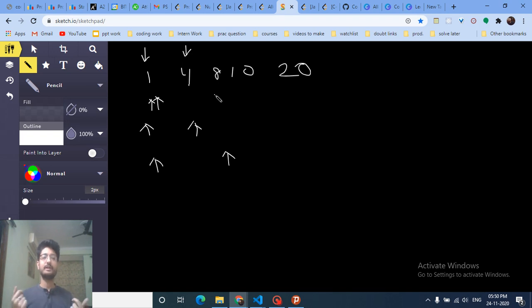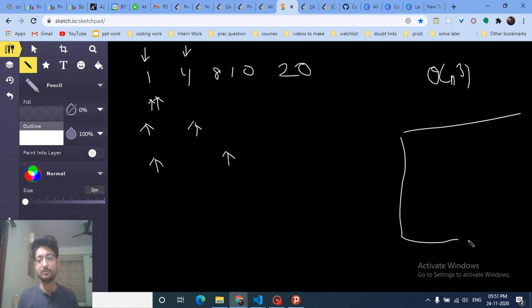Cost means the absolute difference between the mailbox position and the house position. That will take O of N square, because we are iterating for I and J, the interval, and then we are doing for the whole interval an O of N loop to find out the absolute cost. So that will take you O of N cube operation, in which you can build a cost matrix which will store the minimum cost.